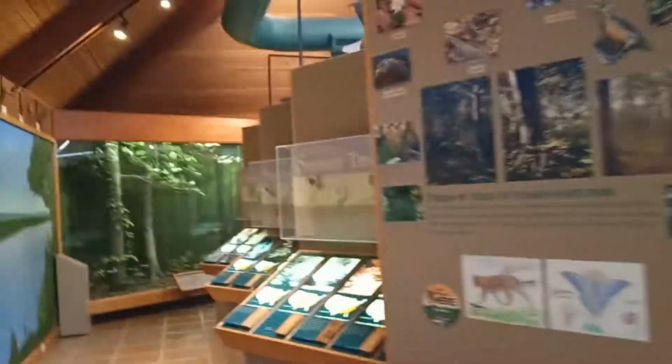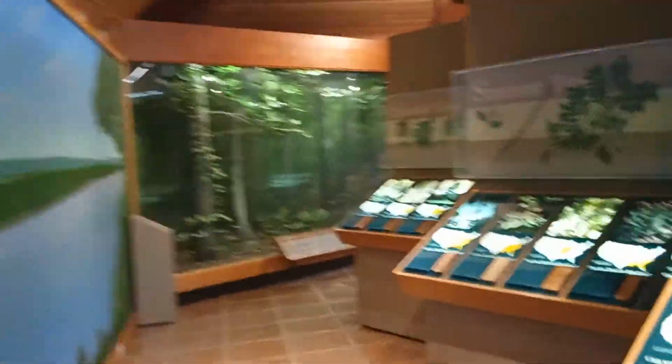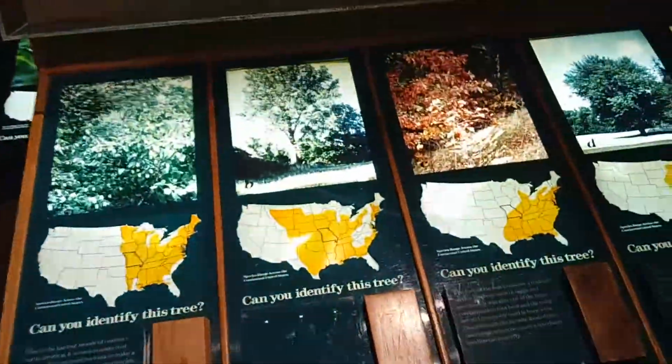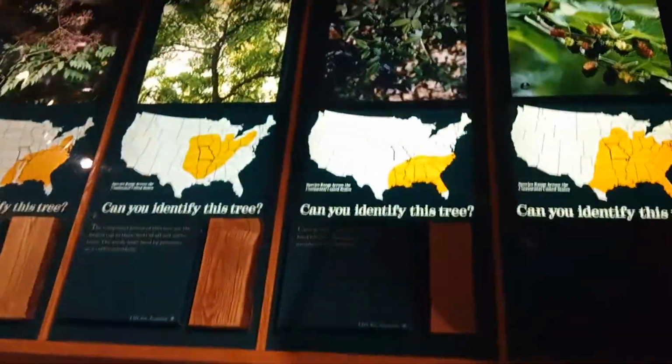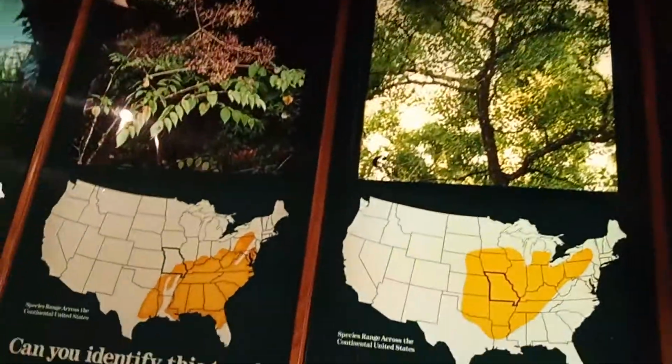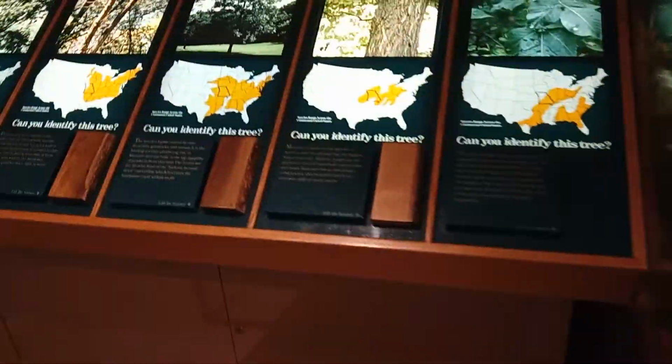Well, folks, I'm right now at the State Parks Visitor Center, which has, as you can see, different observations of different things in the park that you can do. They ask you about trees. Can you identify the trees? Well, no, I'm not a forest guy, but I do appreciate nature. This is the Visitor Center